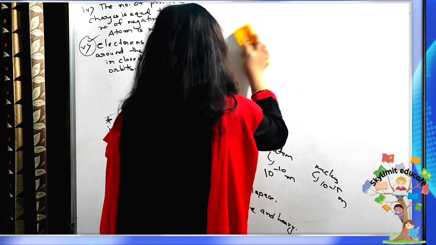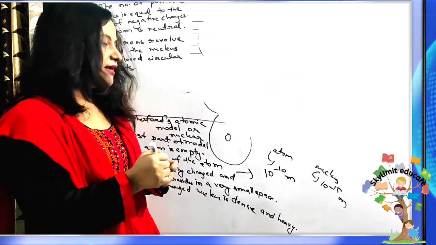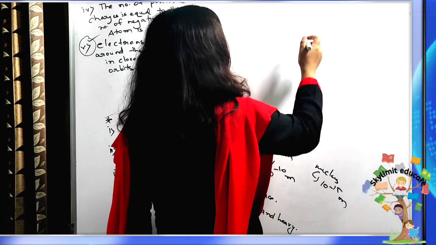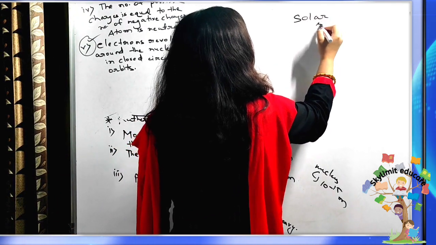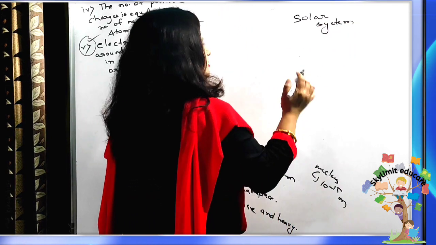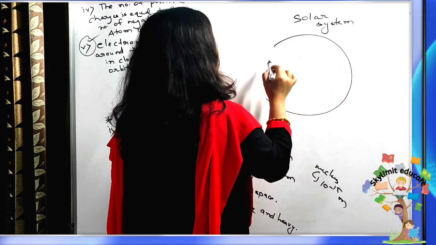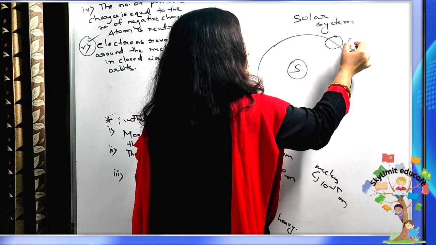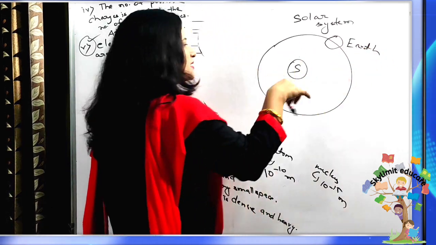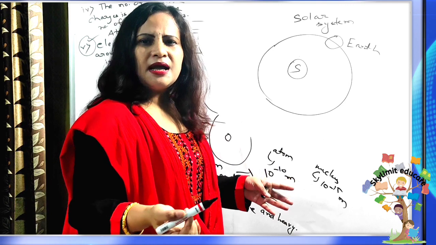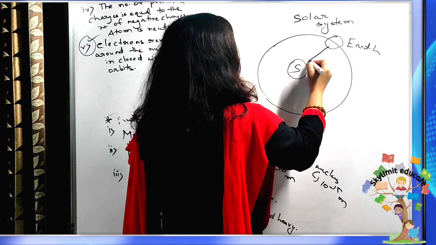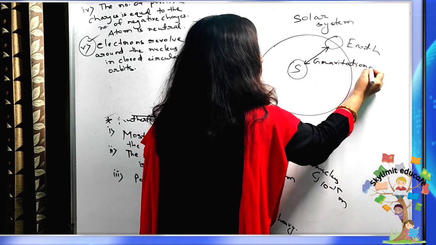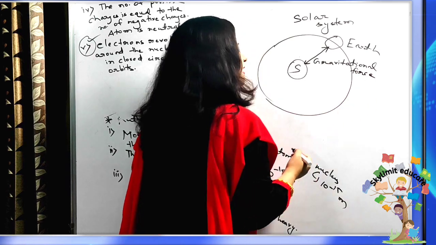So what did Rutherford do? He compared the model of the atom with the solar system, actually. He compared the model of the atom with the solar system, okay? Just as you know, the sun is at the center of the solar system, the planets revolve around, suppose this is Earth. So you know that Earth revolves around the sun. Yes or no? And what is the force between the sun and the Earth? We all know that is the gravitational force. Gravitational force exists between the sun and the Earth.